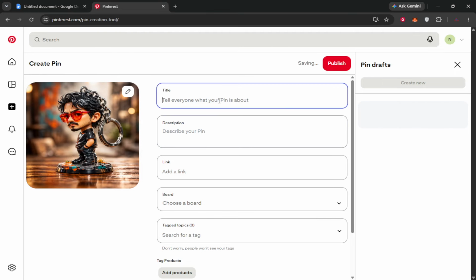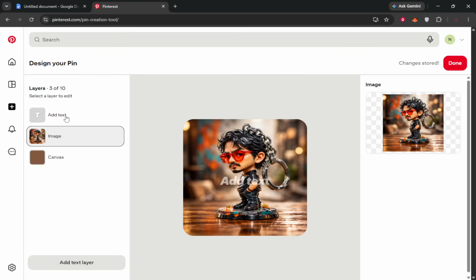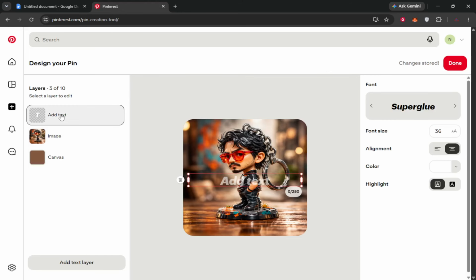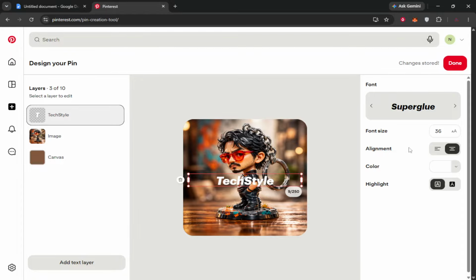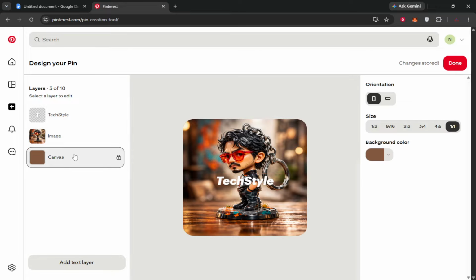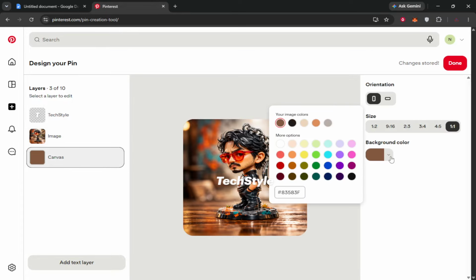Next up, use Pinterest editing tools to customize your wallpaper. You can add text on top of the image, which is useful for quotes, reminders, or a simple word like breathe. You can change fonts and colors so the text matches your style and is still readable against your background. You can apply effects to slightly tweak the mood, like softening colors or boosting contrast. You can also change the orientation or aspect ratio so it fits better as a wallpaper, and adjust the background color when the design includes empty space. These changes show in the preview right away, so you can experiment without guessing.